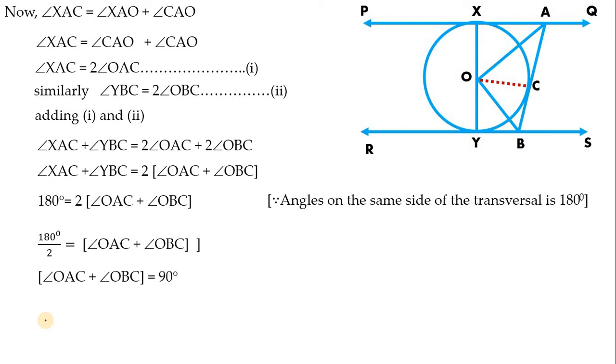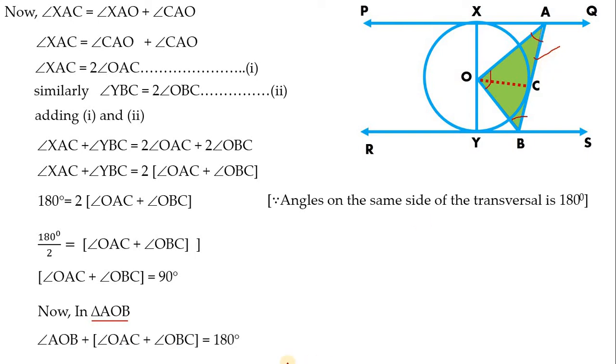Next, we have to take this triangle. In triangle AOB, which I shaded in green color, children. You can easily identify the figures which you want to compare when I shade them. So in this triangle, 3 angles are there. Can you name which are those 3 angles? AOB angle, next OBA angle, and next OAB angle. Isn't it? The sum of these 3 angles is 180 degrees. This is the basic concept that you learnt in 8th standard as well as in 9th standard: in a triangle, the sum of 3 angles is 180 degrees.